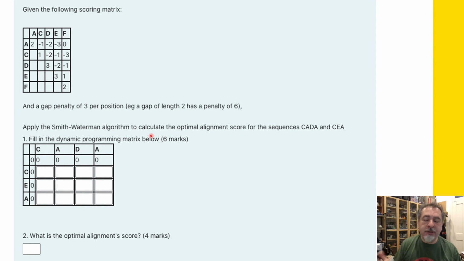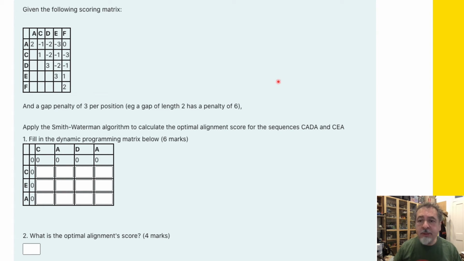Now, the formulas question really requires numerical answers. You can tweak it to also require multiple choice, to provide the answers as multiple choice if you want text, but really what it wants is numbers. So I couldn't ask the students to do an alignment and to give me the alignment, but I can certainly ask them to give me the alignment score and to fill in the dynamic programming matrix to show that they understand how the algorithm works.